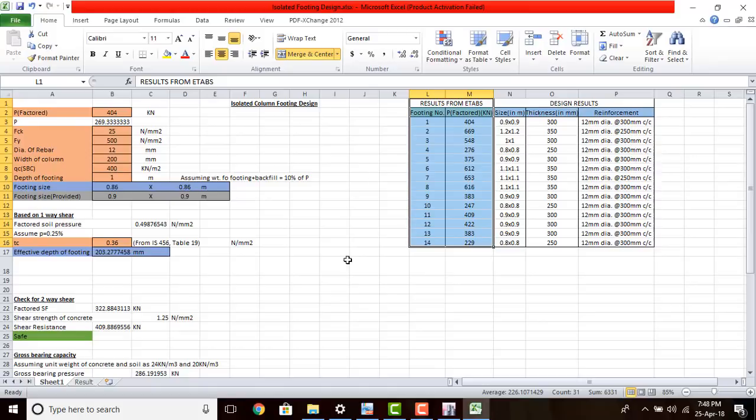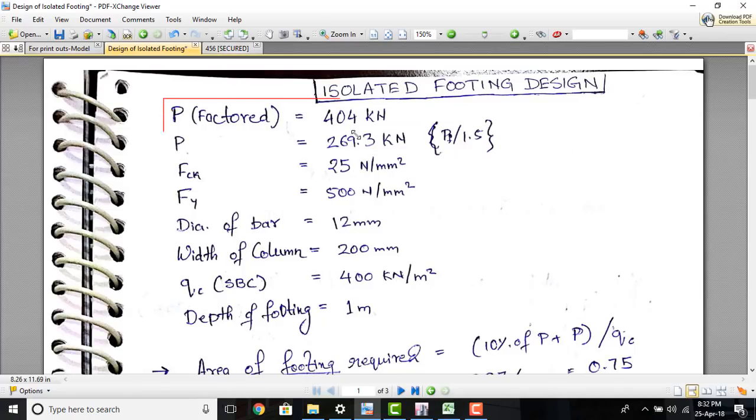So now let's go ahead and see how the design works. Let us take footing number 1 having a factored load of 404 kilonewton, that is P factored equals 404 kilonewton, and the P value, that is the unfactored force, is given by 404 kilonewton divided by 1.5, that is the factor of safety. So we get 269.3 kilonewton, and we have chosen the grade of concrete as M25,